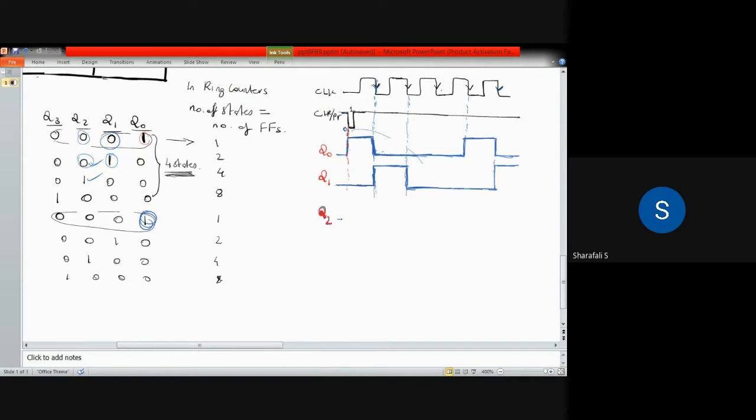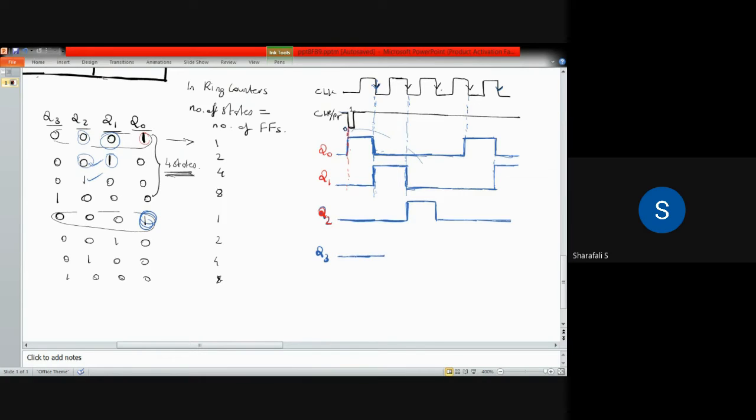So initially it is 0, then it is 0 for the first clock pulse, then it rises to 1, and then it retains its value, and then it comes back to 0 and continues in that state. And for Q3,